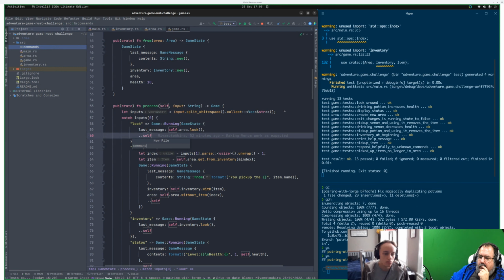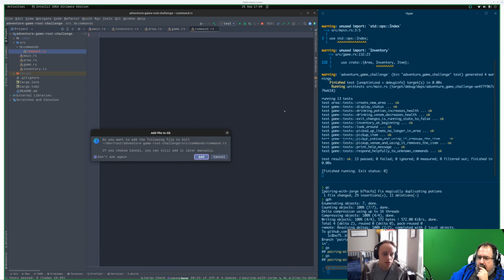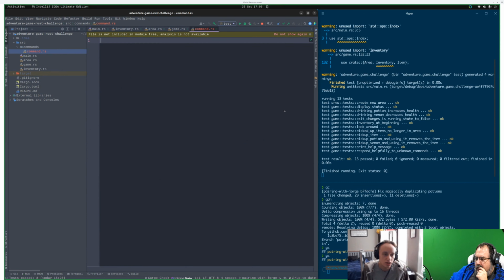So if we want our trait, that'll be files not including data. Yeah, that's fine. So trait command and execute.